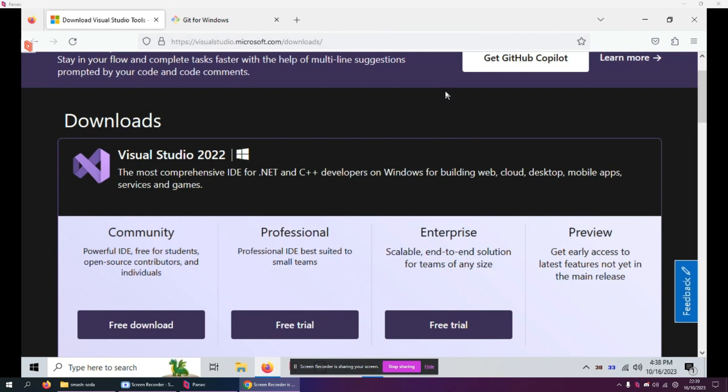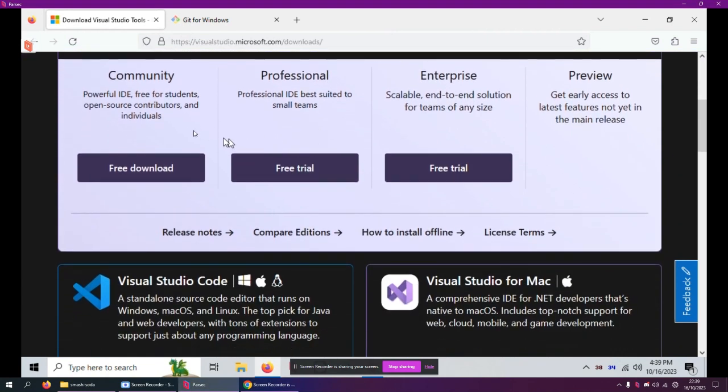So what you want to start by doing is going to this address here, Visual Studio microsoft.com/downloads, and I will put a link in the video description below. So when you come to this page, what you want to do is come down here to,